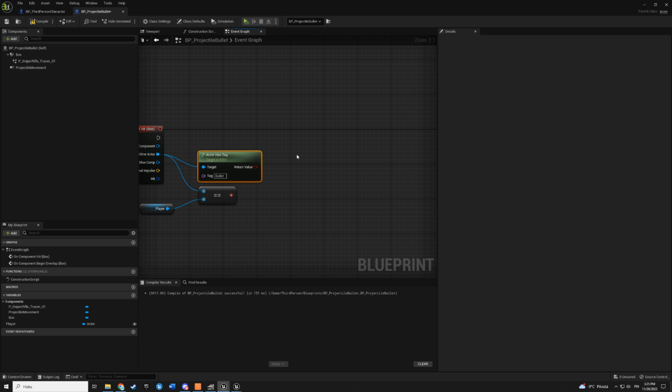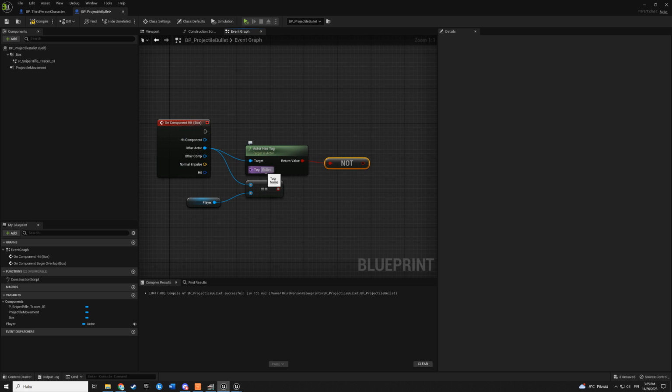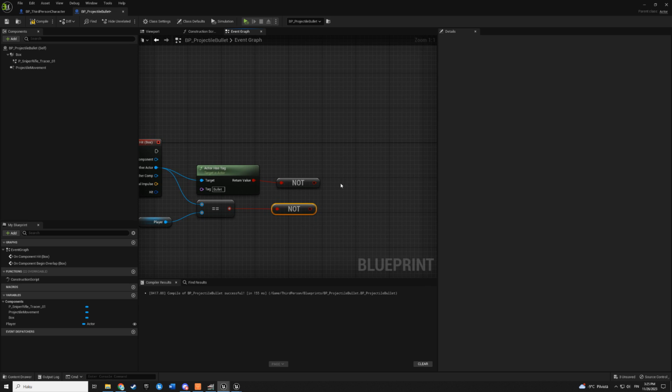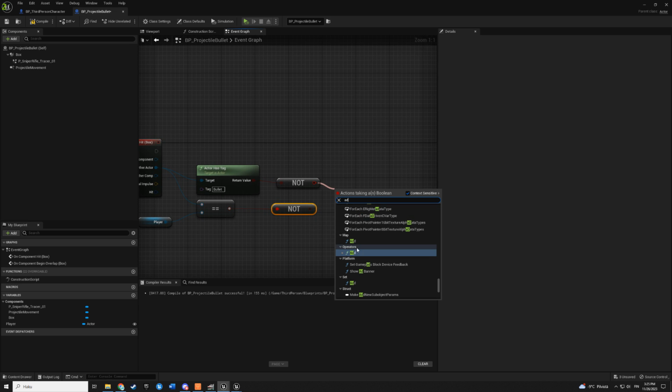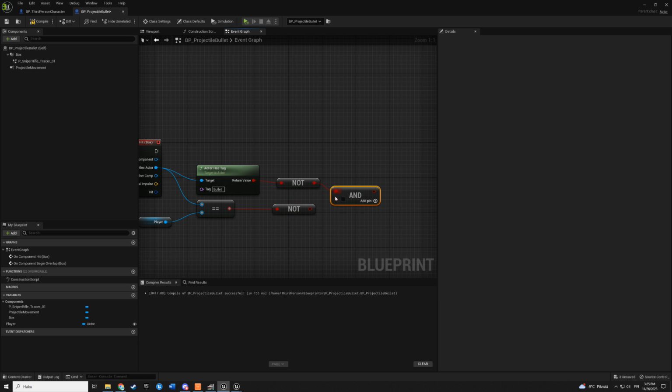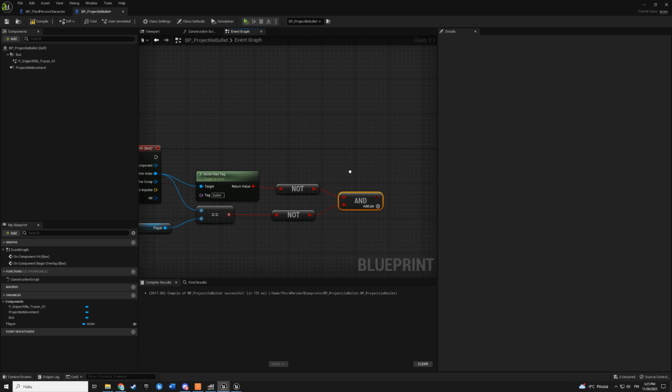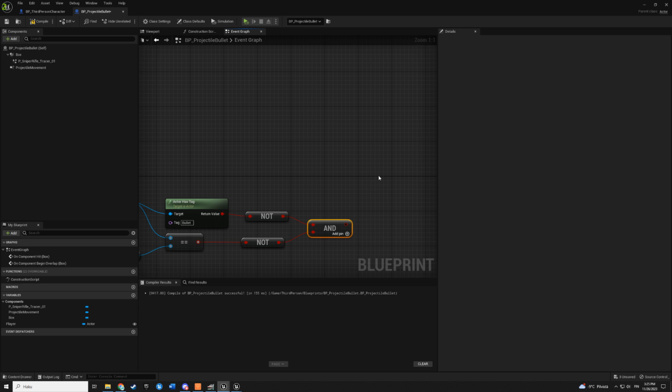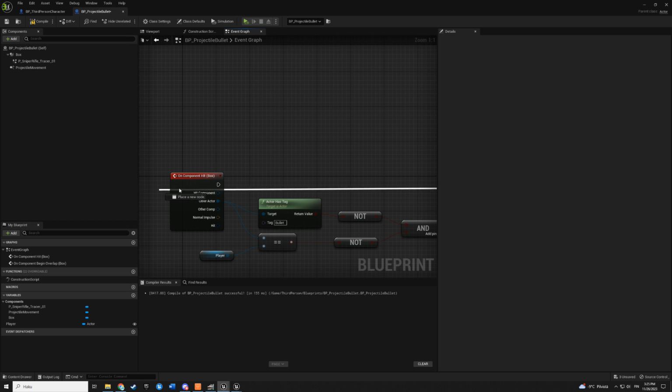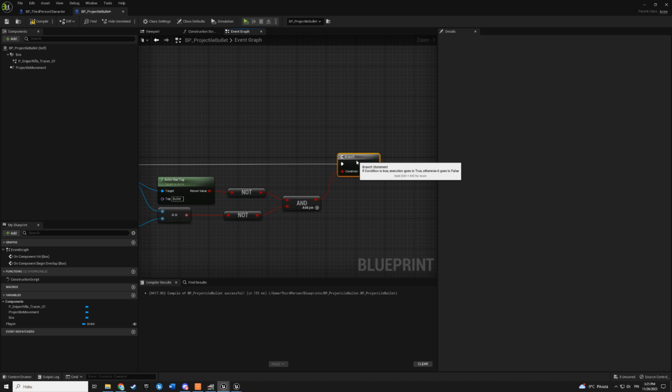And then we find not boolean. So if it's not bullet and it's not our player, and boolean, then we can make branch and connect it here. Okay.